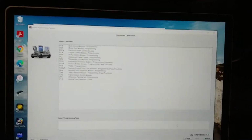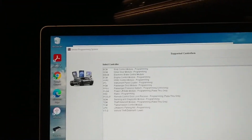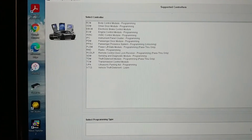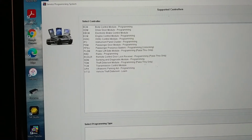Alright, so I gave up on pass-thru and I'm trying remote now. And I registered the VIN and now I have a list of modules. So maybe against my better judgment, I don't know. What's the worst thing that happens? I break the amplifier? That would really suck, but I kind of feel like not giving up on this. So we want what? We want the...